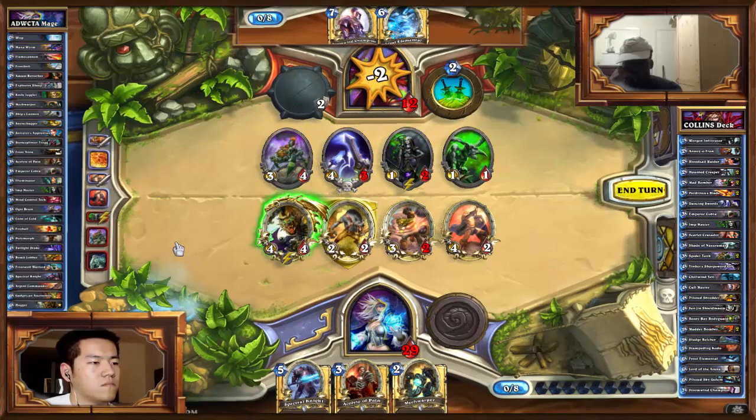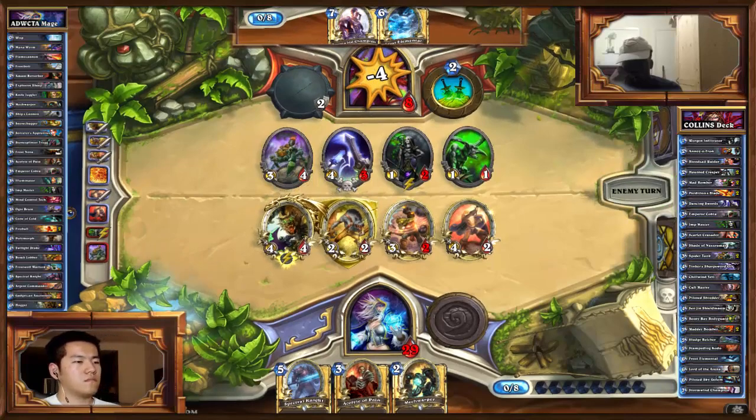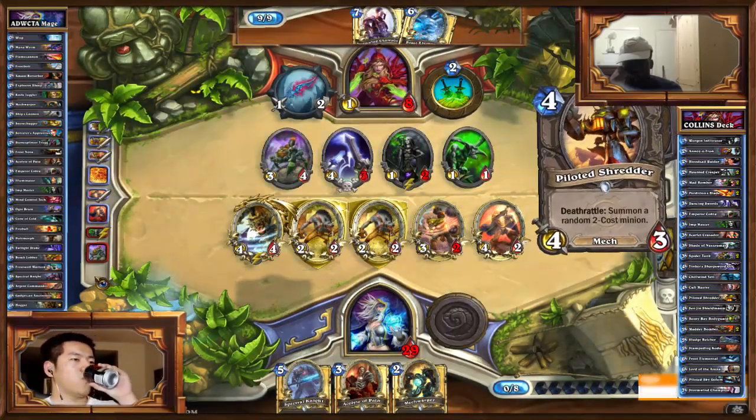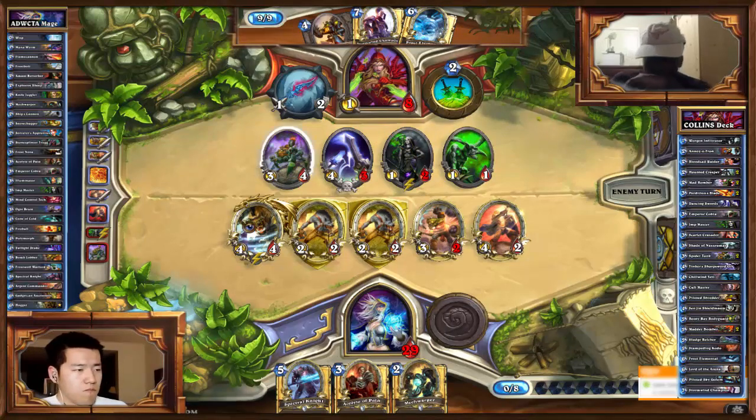Huh. Oh, interesting. So ADWCTA chooses to go face here. Okay. I'm a little bit wondering why you wouldn't use the 2/2 to clear the 1/2, just get one more extra damage on. I guess this forces either the dagger or...